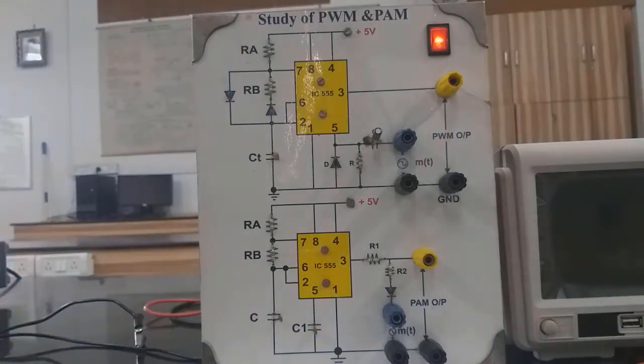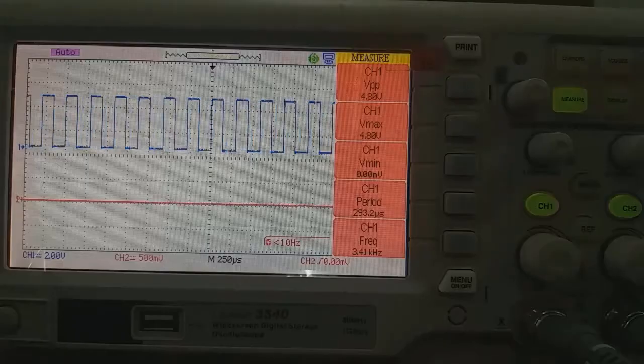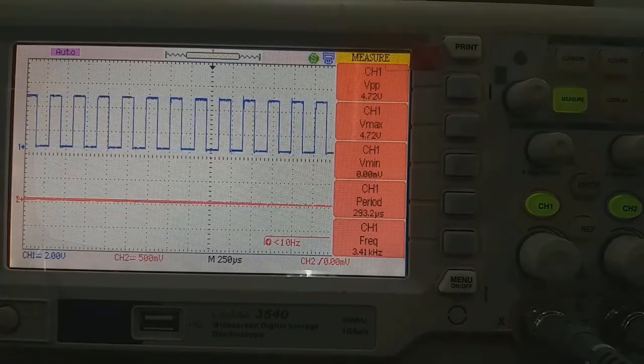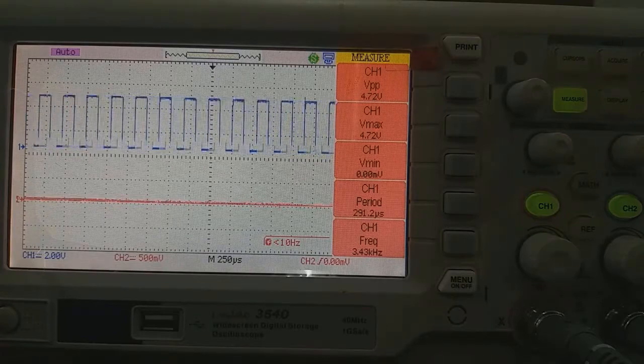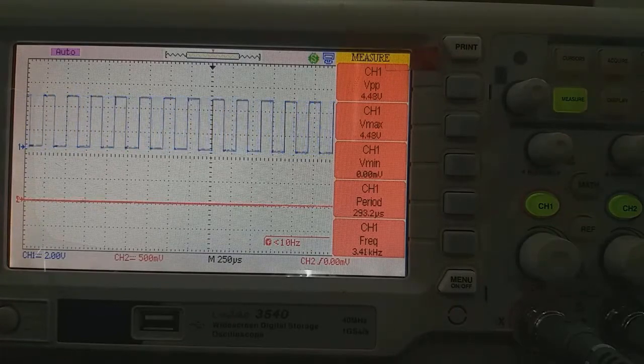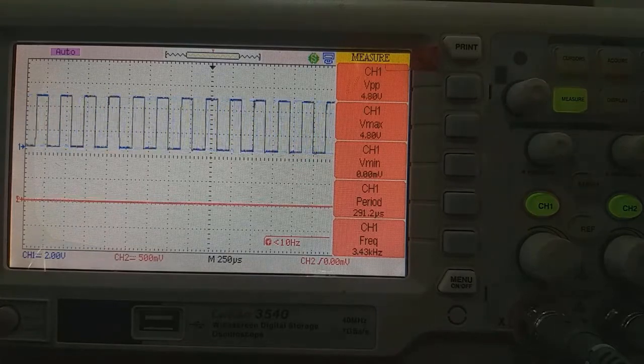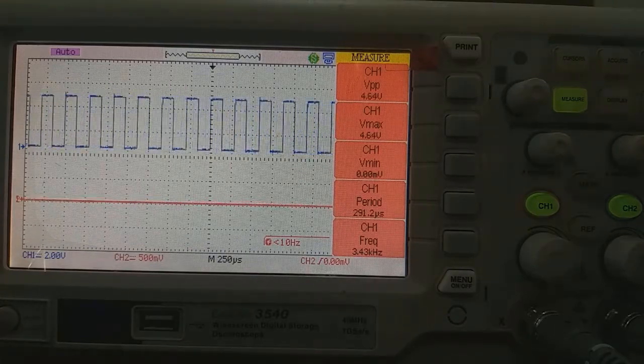So let us make the connection of CRO now. Now see the output of PWM generator on the CRO. This output of PWM generator is connected to the channel 1 of CRO. So I can make this display stable by pushing this stop button.